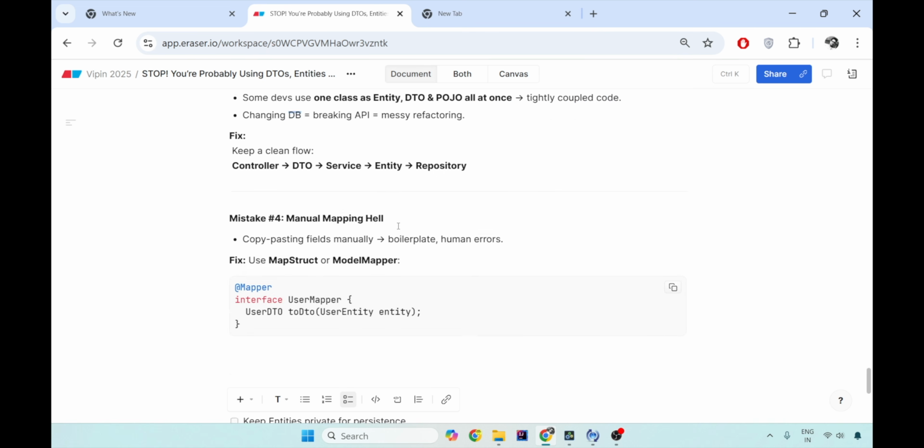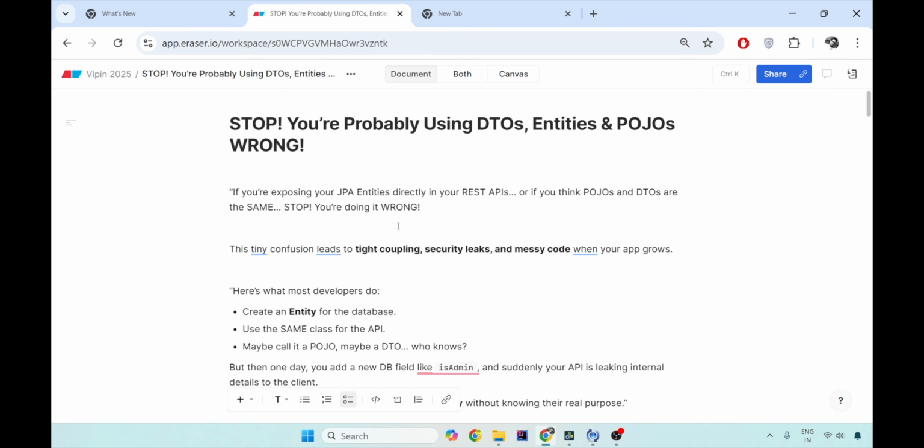That's all on the way how you use your DTOs and entities and POJOs. In the interviews, 90% of the people do not understand where you actually use the POJOs. You end up using DTOs even for your business logic. Don't do that. DTOs are very specific to interactions with the client, entities specific to database. Everywhere else you use POJOs. So be very sure that you know what is the difference between these three.